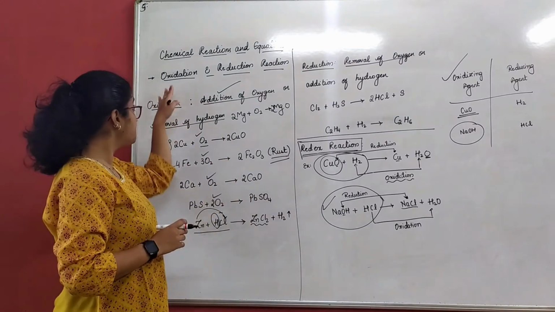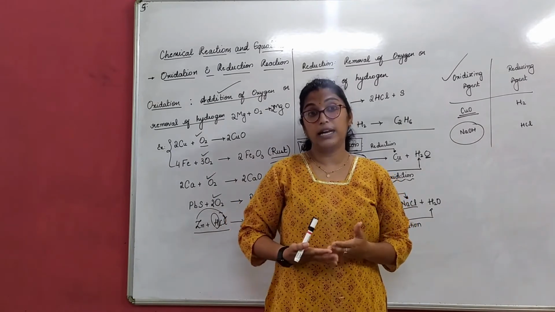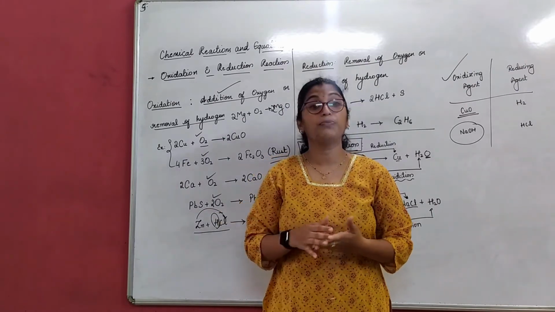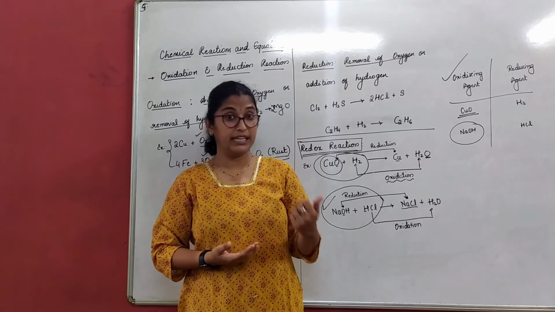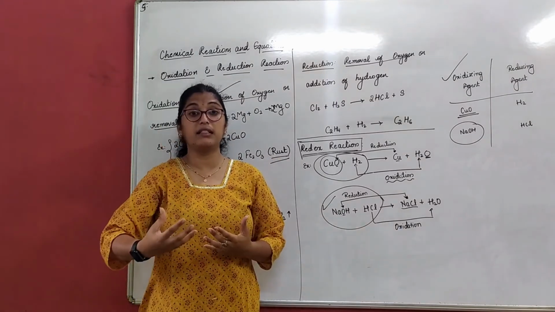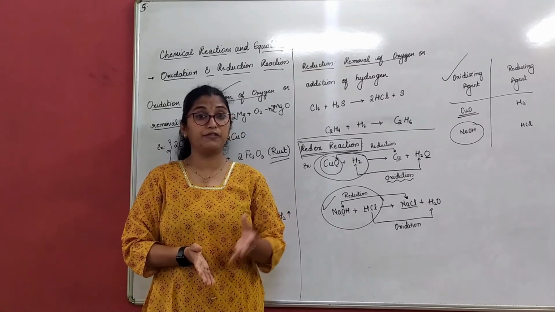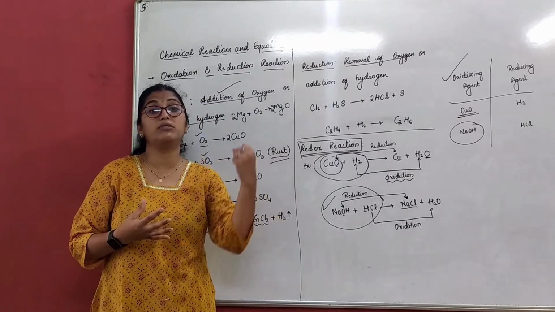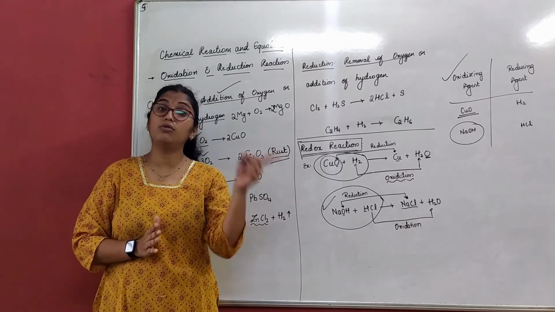So this is all about oxidation and reduction reaction. In tomorrow's class, we will study some day-to-day applications of this redox reaction. For example, how do we come across these redox reactions in our day-to-day life? One example I gave you was rust. Rust is nothing but when iron is exposed to atmospheric air for a very long period of time, it catches rust. All metals, when exposed to atmospheric air, get corroded. We cannot call it rust, though. Rust is only for iron.